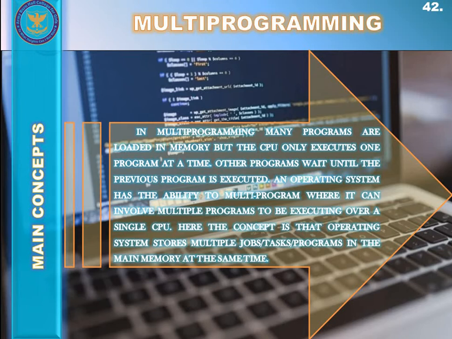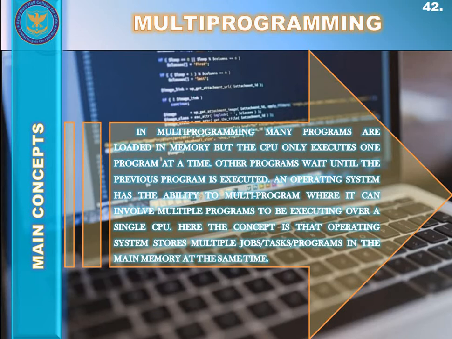Like I gave you an example of MS Word and MS Excel. In a multiprogramming environment, the CPU would completely execute the instructions of MS Excel, and after completely executing the processes or subtasks of MS Excel, it would move towards MS Word, and then execute the tasks, instructions or subparts of that MS Word program. The advantage of multiprogramming is that it saves users time in loading the programs to main memory RAM and runs the programs quickly.